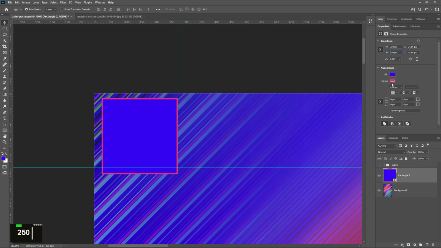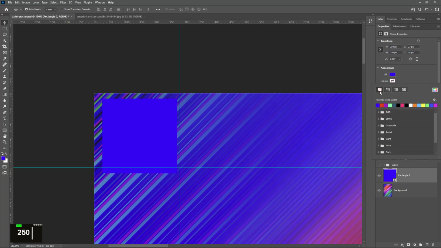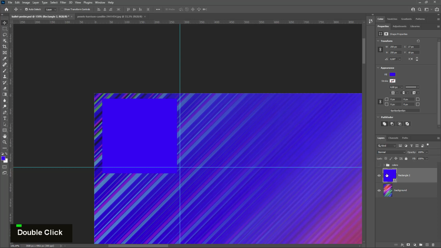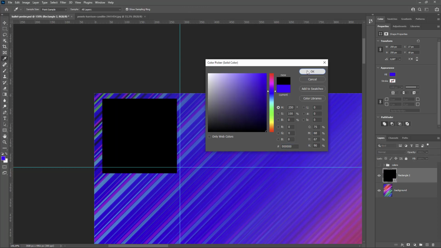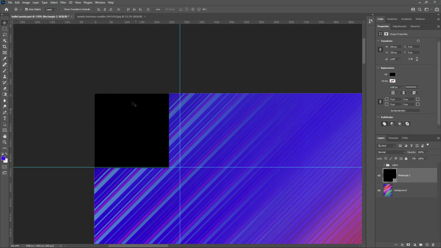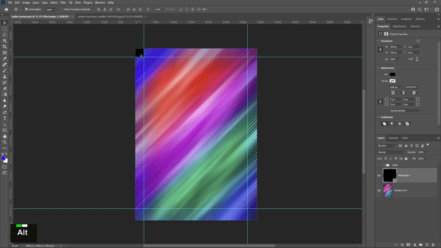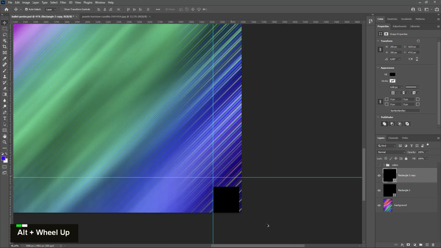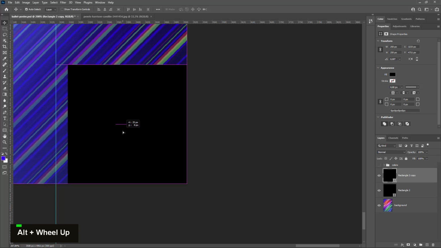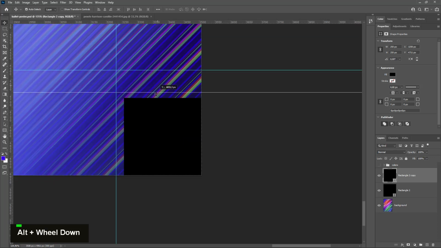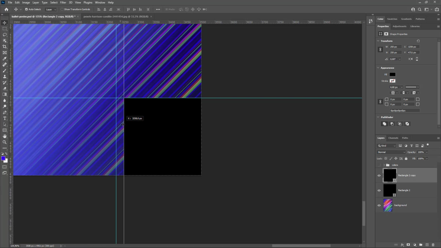So 250, and I can take off the stroke because I don't need the stroke, and I can put whatever color I want. I don't care. And now I have this small square. Now I just need to align things to this guy, and to do that I just have to click and drag, align here, click and drag, align here, and I have to do the same thing on the other side. On this side here, I just have to click and drag and put this guy here on the corner. And now I have to align this guy here,